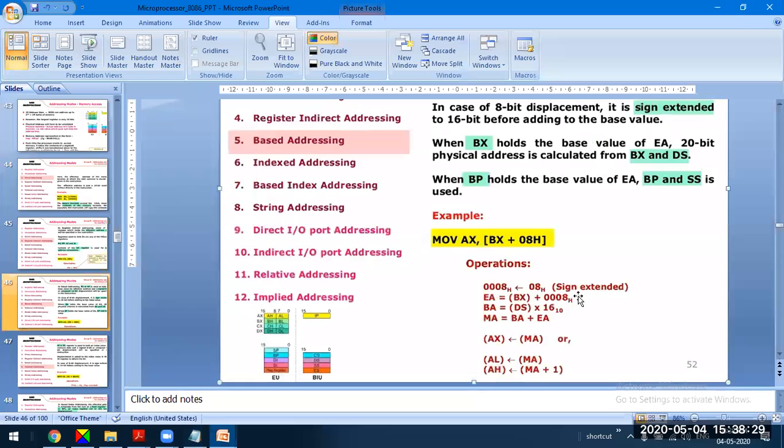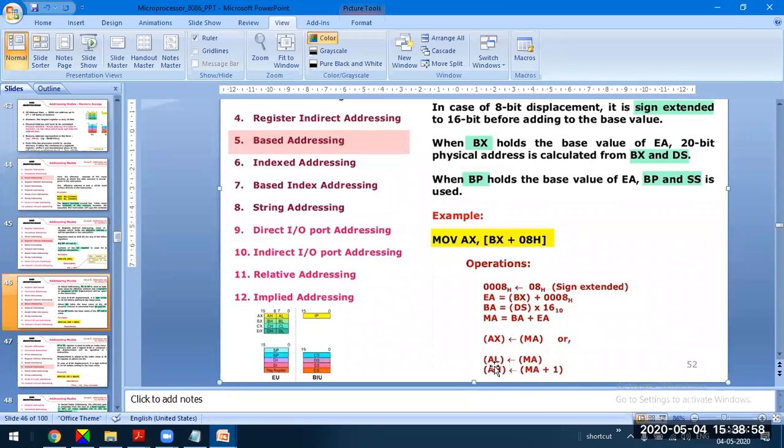Okay. So from this memory address whose size is 20 bit, the data is copied into AX, that is the 16-bit location, or if it is only 8 bit, it will be copied into AL, and the address is incremented by 1. That is, MA plus 1 means the physical address is incremented by 1 and the content is added to AH. That means it adds the lower byte first and then the upper byte.